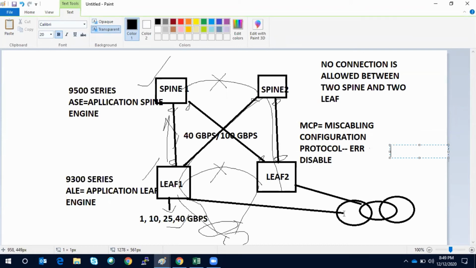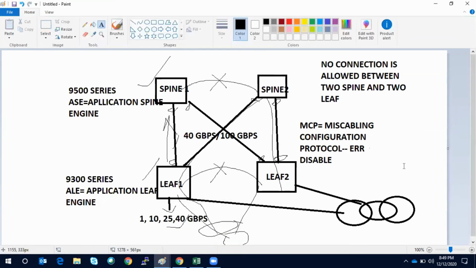Now let's talk a bit about the next topic. So we have covered all the differences between these tools, right? We talk about the layers like traditional core, distribution, access, here spine and leaf. We talk about the segregation and security policy. Here we can create a tenant, we can create a contract. Without contract the communication will not happen. That means this is a whitelist model. Third one is gateway is available at all the leaf, that is the pervasive gateway. Fourth one we talk about this overlay and underlay concept and other concepts.